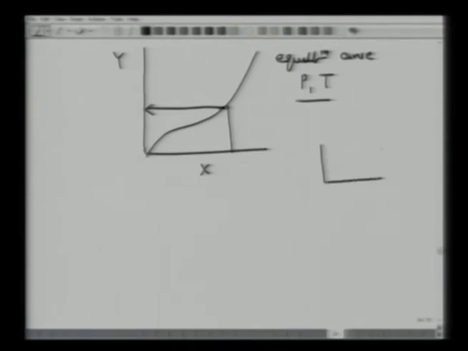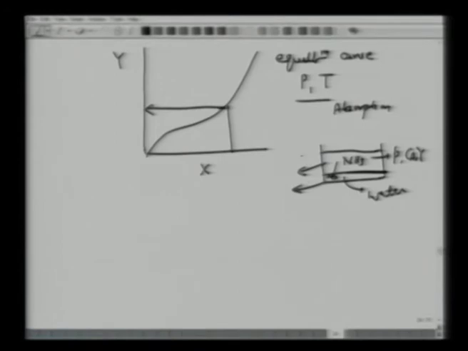So all it means, if we want to obtain this curve for absorption, we will be doing a very simple experiment. We will bring water. If water is an absorbent, we will have ammonia or sulfur dioxide gas at certain partial pressure or certain concentrations or certain mole fractions, and they will be brought in contact for a long time with water. We can put some stirrer here. After a long time we have to measure the concentration in the gas phase and in the liquid phase, or mole fraction in the gas phase or the liquid phase, and obtain this data point.